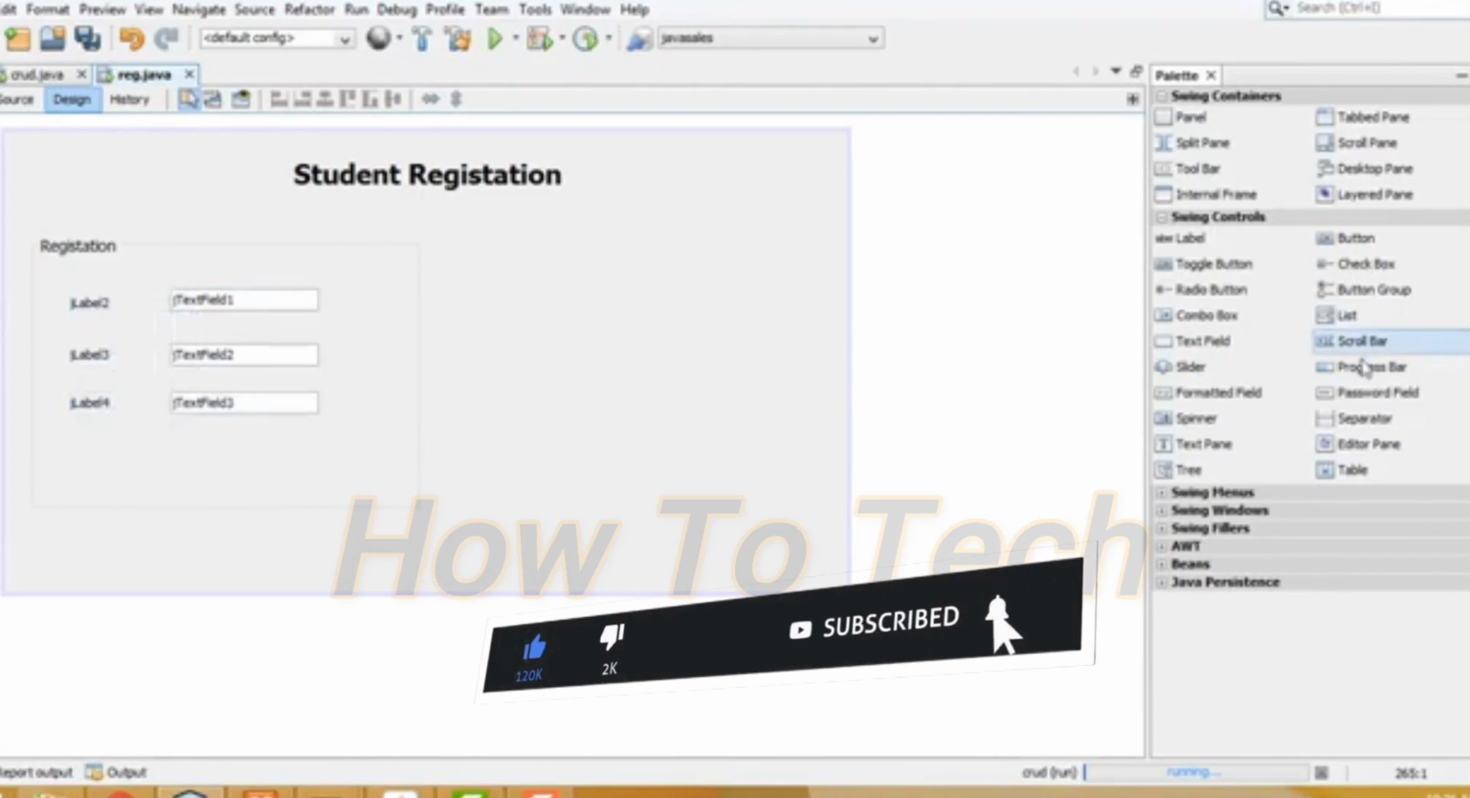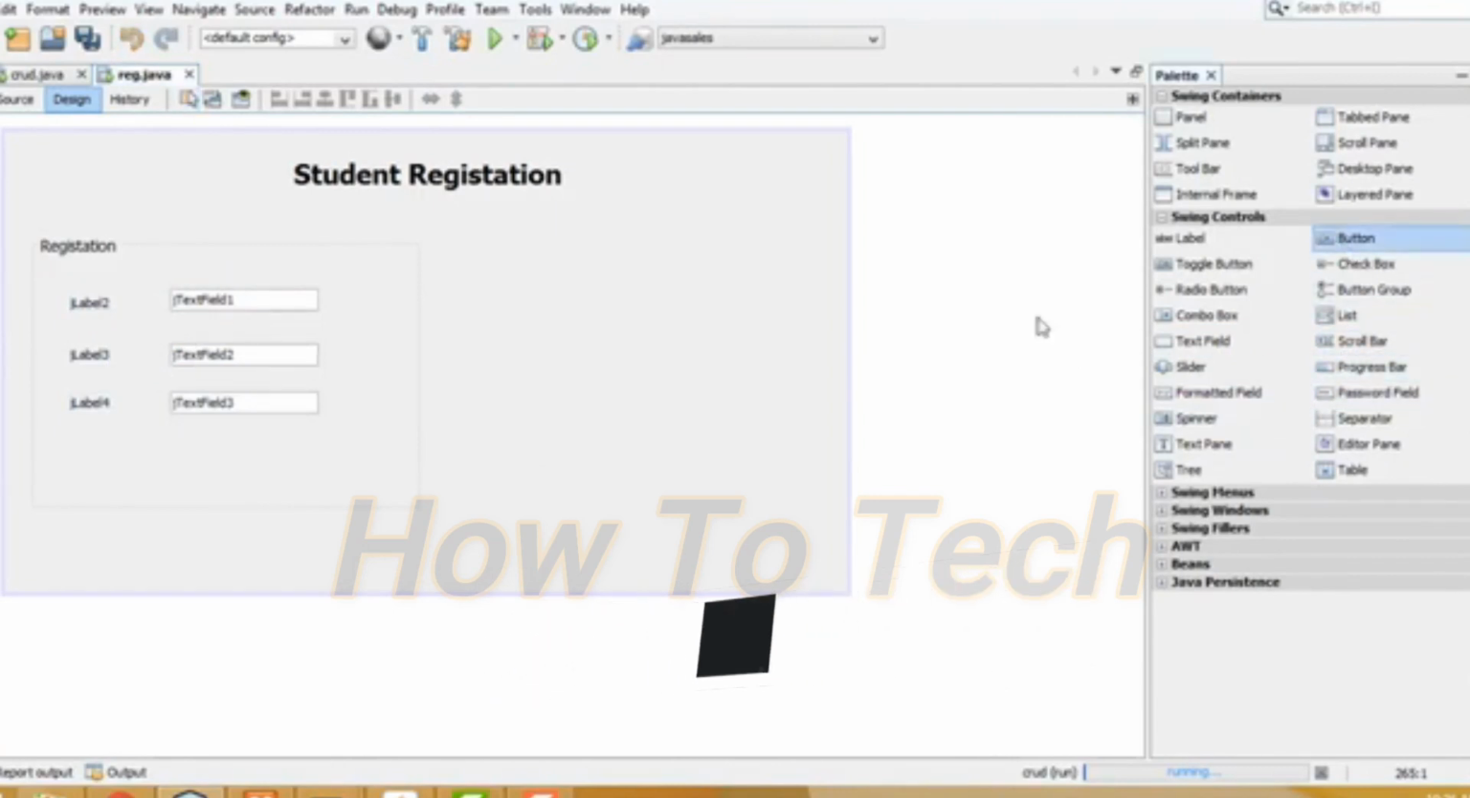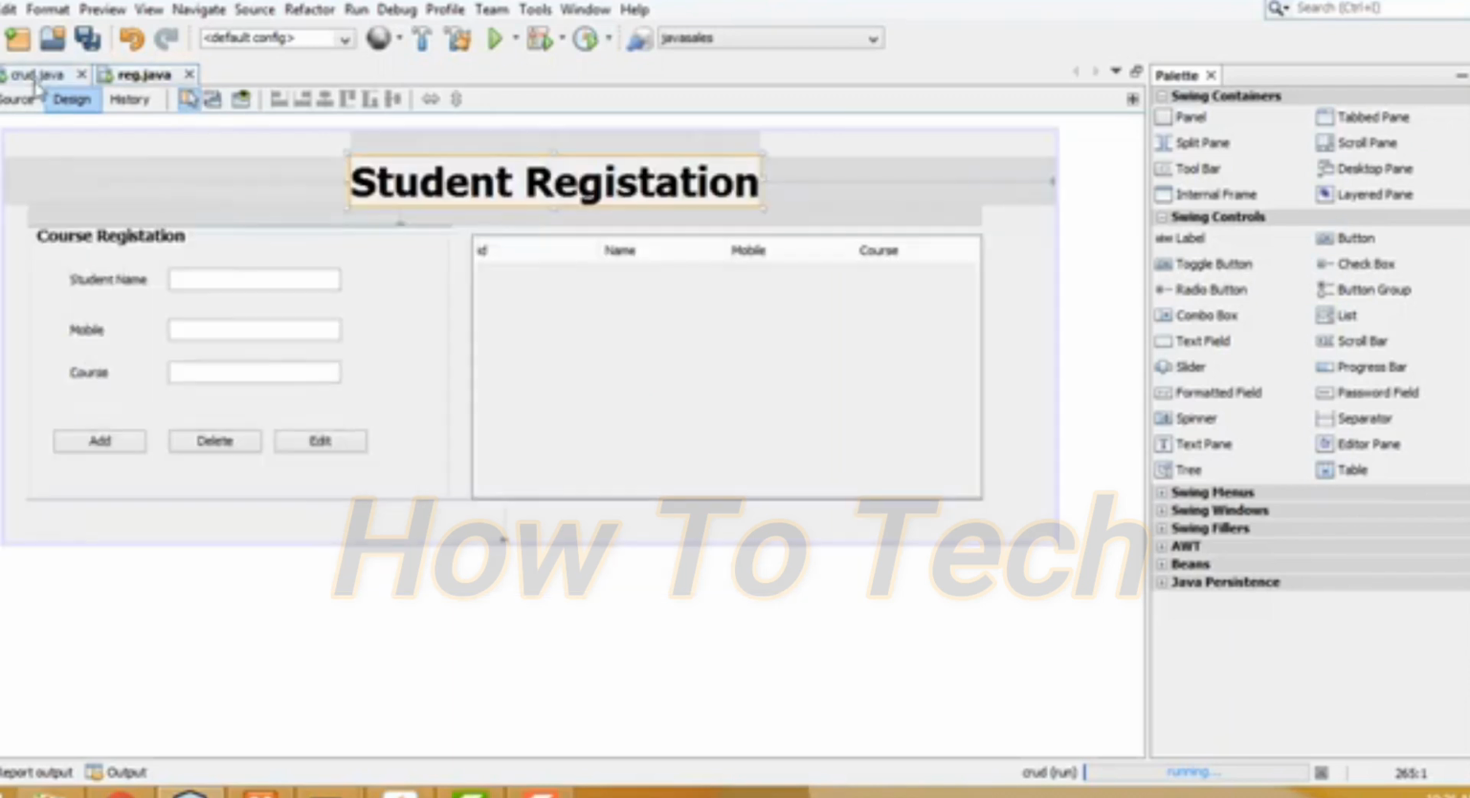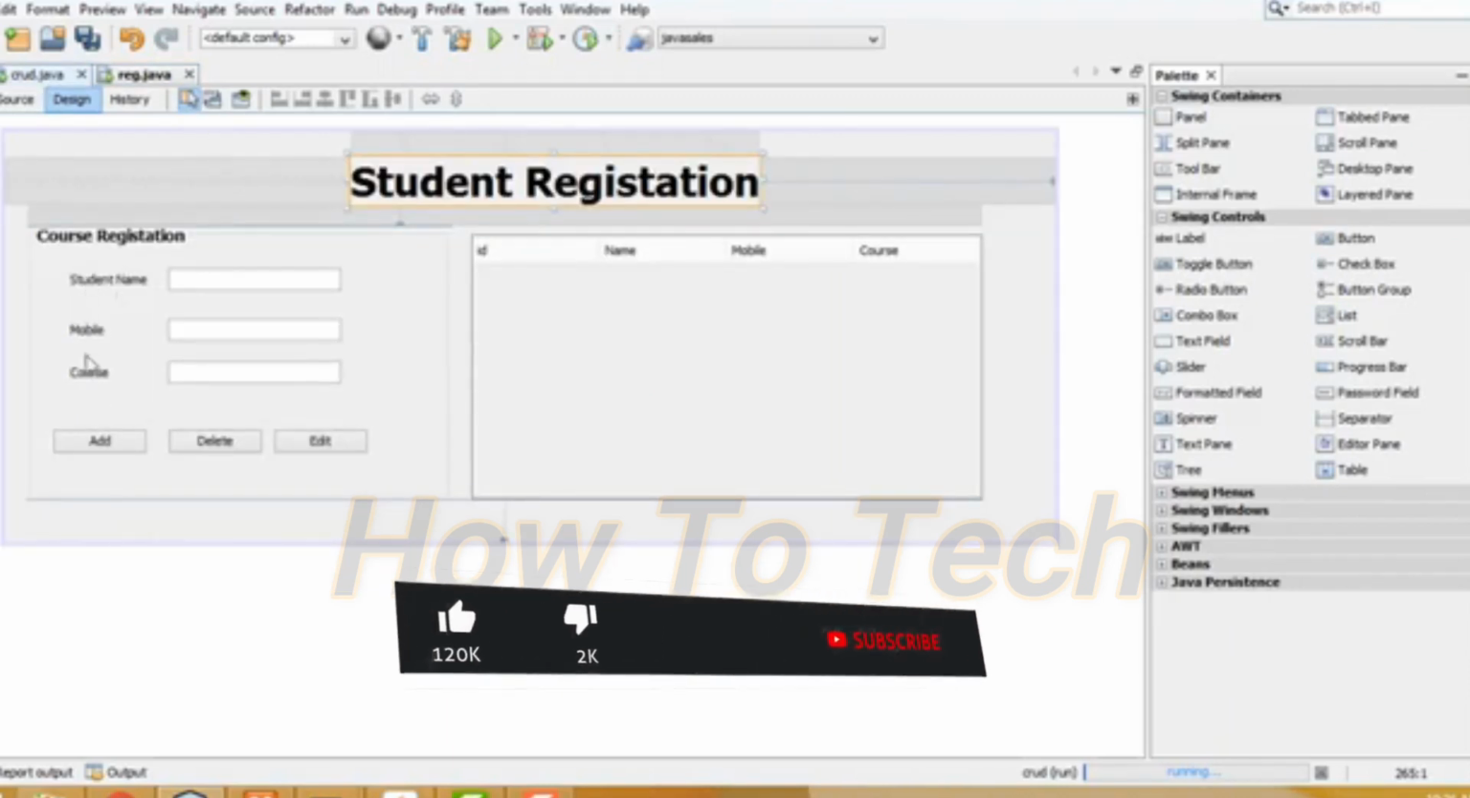Now I need three buttons, one each for add, delete, and update. So we need three buttons. Right, we arrange them successfully. Now what I'm going to do is design this form, run name